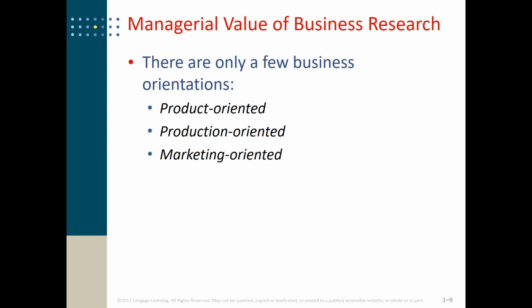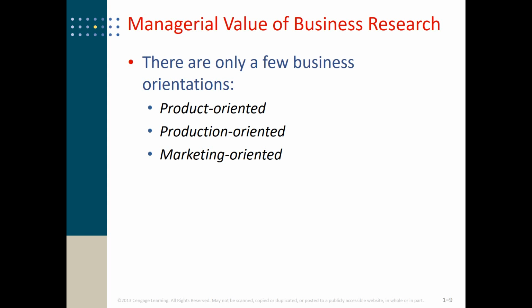On the other hand, a production-oriented firm prioritizes efficiency and effectiveness of the production process. For example, the US auto industry is trying to establish a cost-efficient assembly line. So it's production-oriented because it's not focusing on the physical attributes of the product, but rather on the efficiency of the production